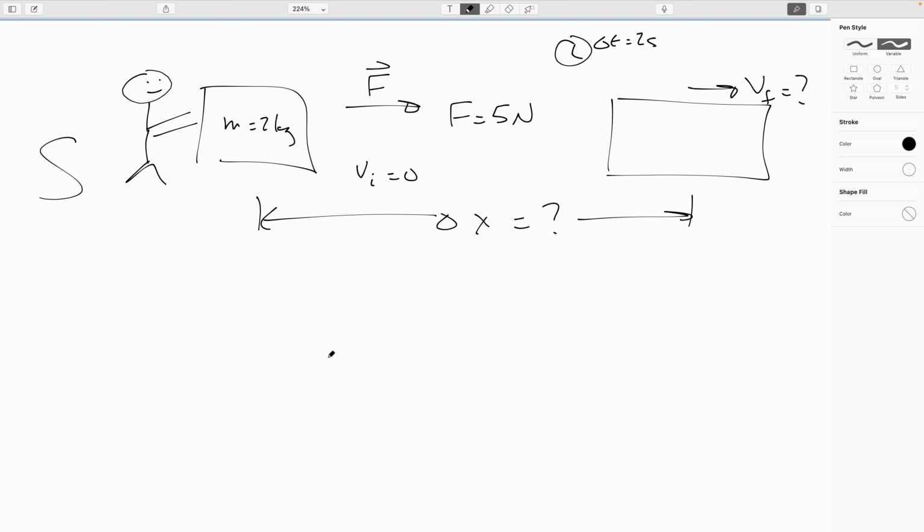we've pretty much defined our situation here following the STAR model, Situation Tools Answer Review. I'm pretty much always allowed to set my initial position to 0, so I'm going to do that. So asking what the change in position is the same difference now as asking what is the final position. So